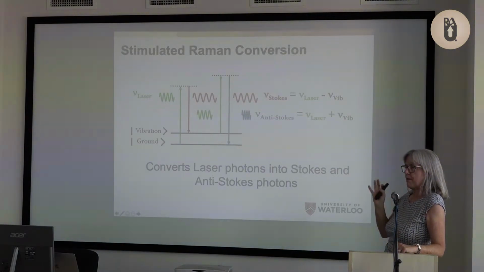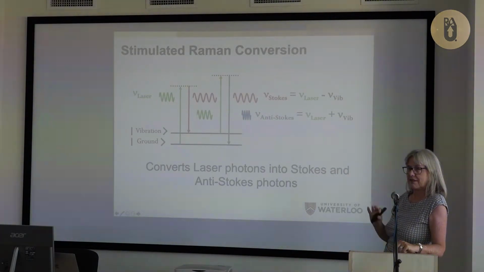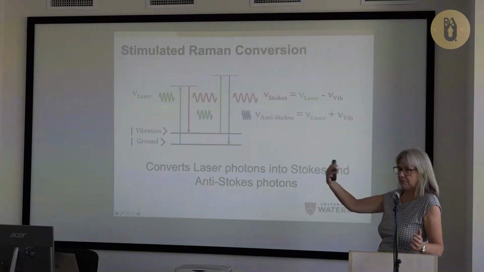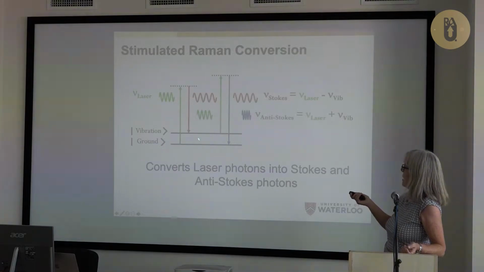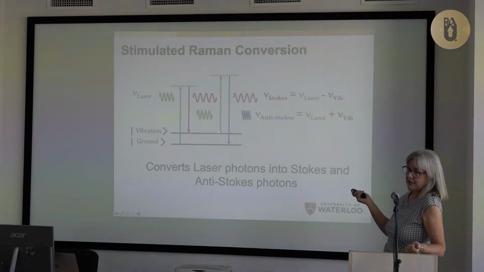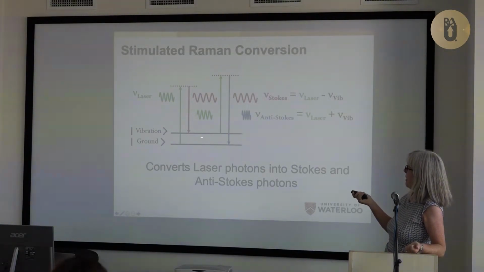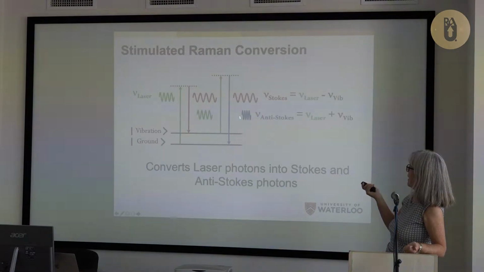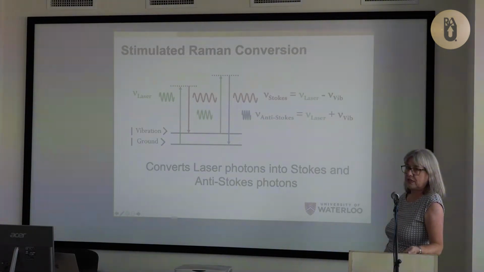Okay? So a lot of people will also call this molecular coherence. Unfortunately, we have many, many names in this field for studying much the same thing, but just from a different point of view. So you're really driving this, and so another way to look at it is you're putting a lot of population out of the ground and into this. Because you've now put your population into this level, well, your pump can then scatter from this level, because it's high population, and then you can scatter back to the ground, and this is how you see the anti-Stokes. And so you didn't see the anti-Stokes until the laser came along.